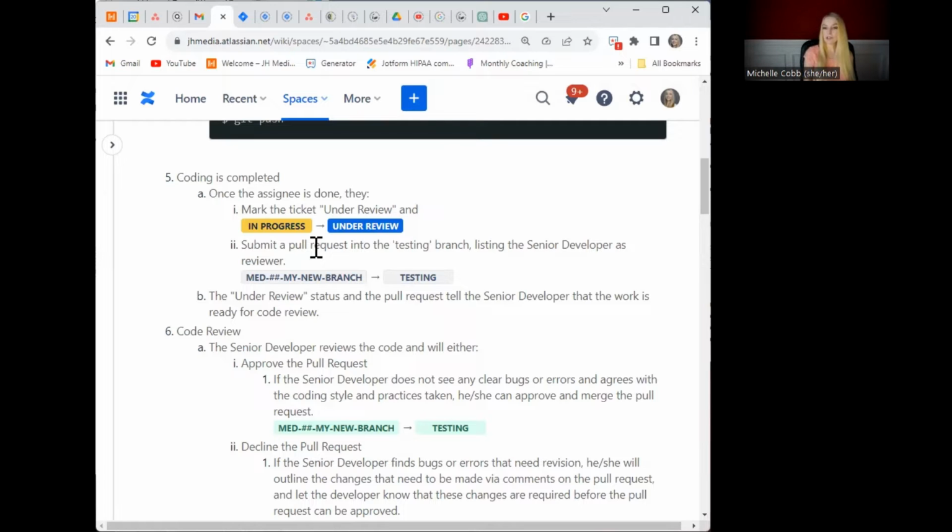And they're going to list the senior developer as a reviewer. And so we use Bitbucket. Bitbucket has some ways to enforce this project-wide, that no merges can be accepted into a particular branch until a particular person reviews them. So not only can this be a process, but you can actually enforce it within your tooling itself. But in any case,